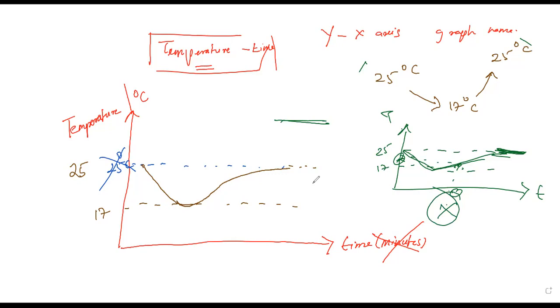What is happening? It's gradually, little by little, not constant. For a straight increment, there should be no up and down. So that's why the curved line is there. They are giving marks for the shape of the graph. The initial point should start from here, at 0, then your decrement, and again it reaches 25 degrees Celsius. These are the points they are looking for.